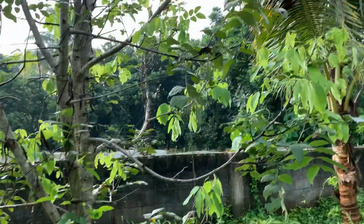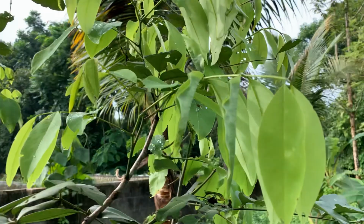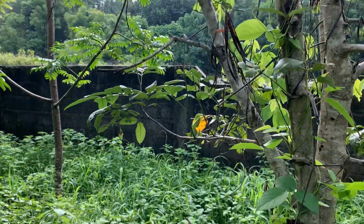So let me see if I can go a bit closer to it. Yeah, so these are the leaves. New leaves are sprouting because of the rain. Next to the cassia